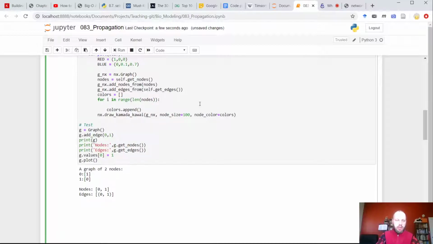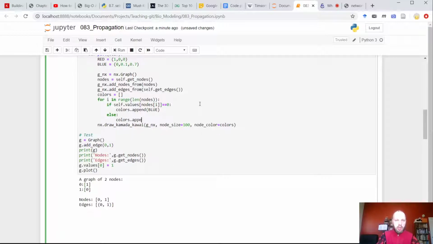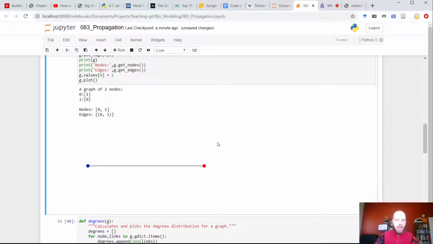And I will just have a conditional here. If the value is 0, then please append blue, else colors append red. Yay! It works.